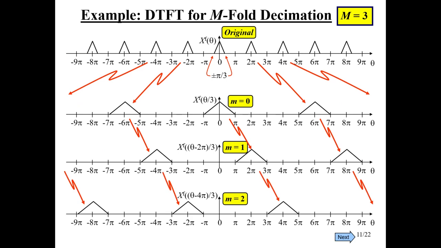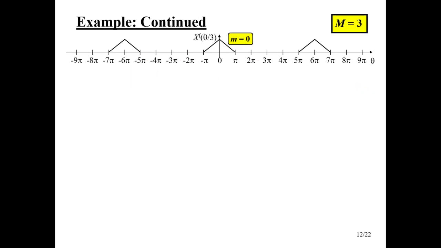And there's the m equal to 2. And remember, we only had 3 terms. Capital M equal to 3. There was m equal to 0, 1, and capital M minus 1. Those are our 3 terms. And so now that's just another 2 pi over, and another 2 pi over, and another 2 pi over, and so on, and so on. And so now, let me show you on the next slide,